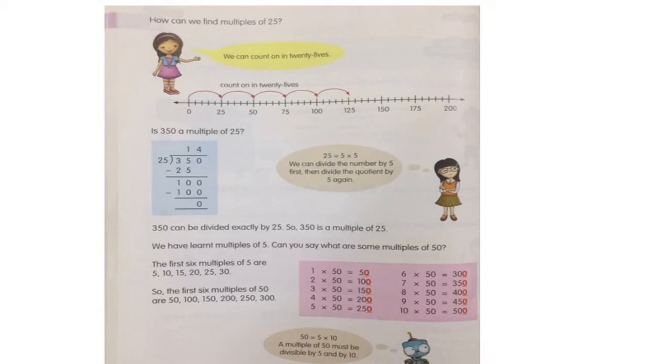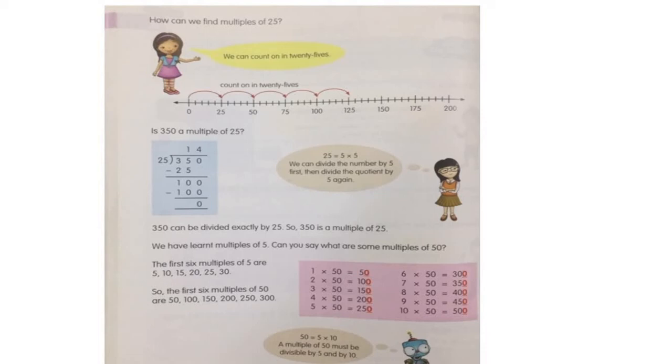We have to put the 25 at the beginning. So this is the 25, so we're starting: 1 times 25 equals 25. If you repeat the 25 2 times, you will have 50. If you repeat it 3 times, you will have 75. So you are counting on in 25s, and this is the first multiple, the second multiple, and the third multiple, and so on. So if you keep counting on, they might ask you, is 350 a multiple of